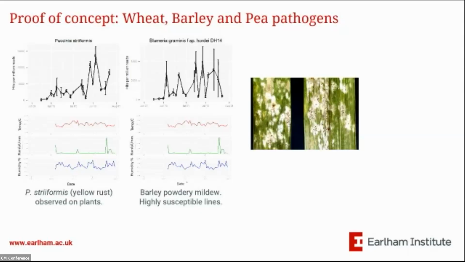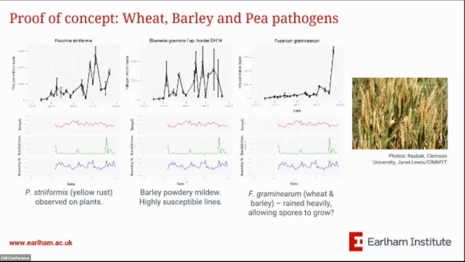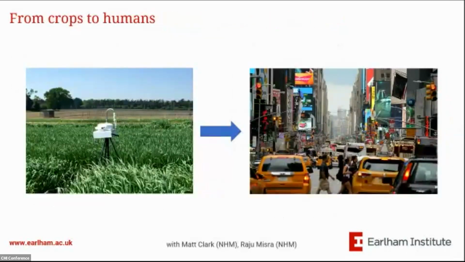time we're monitoring. And then the final example is quite interesting because it's something we see at very low abundance most of the time. The weather was very dry during that time as well, and then we get this peak in rainfall towards the end of the time. The plants are at that later developmental stage as well, and then this pathogen really seems to take off. And what we see in